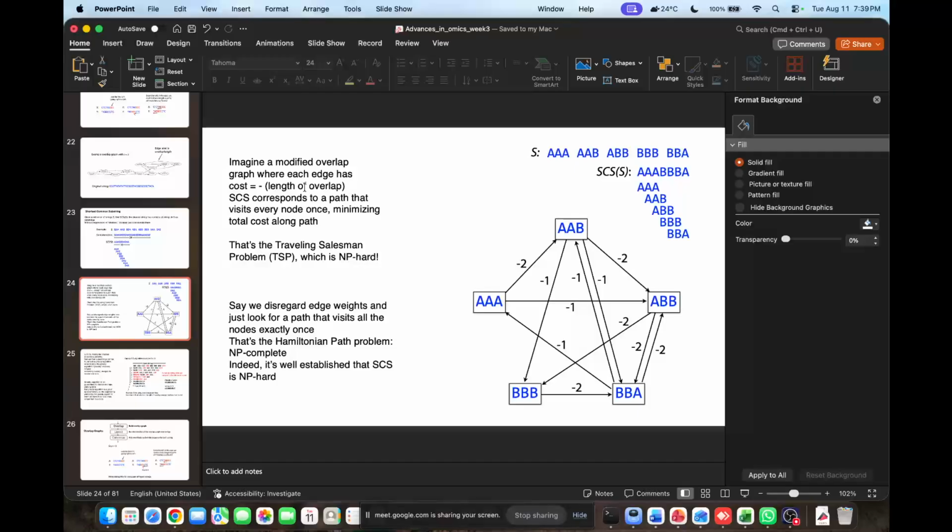So the idea is that you want to penalize where there is more overlap. If the length of the overlap between two different nodes is very high, then the cost would be the negative length of the overlap, because what you want to find is, how do I put it, like